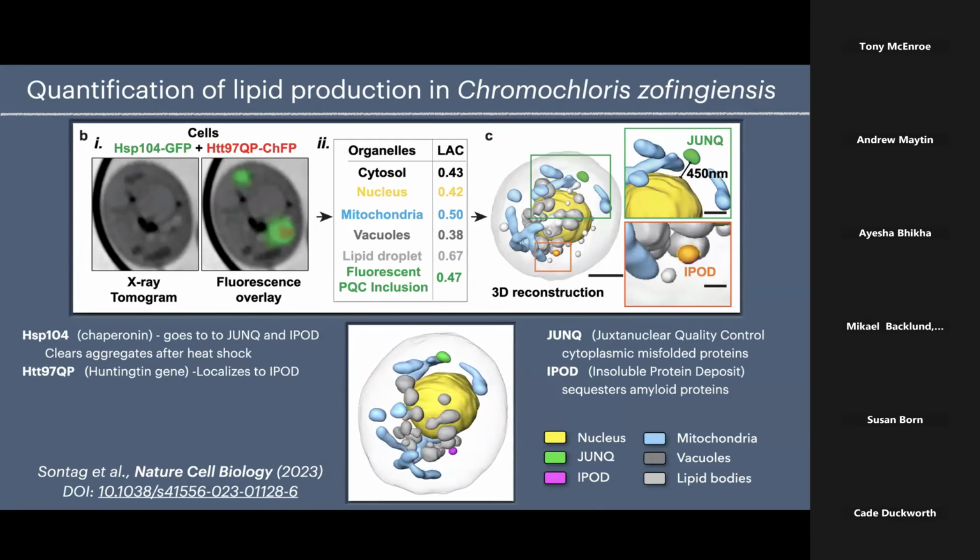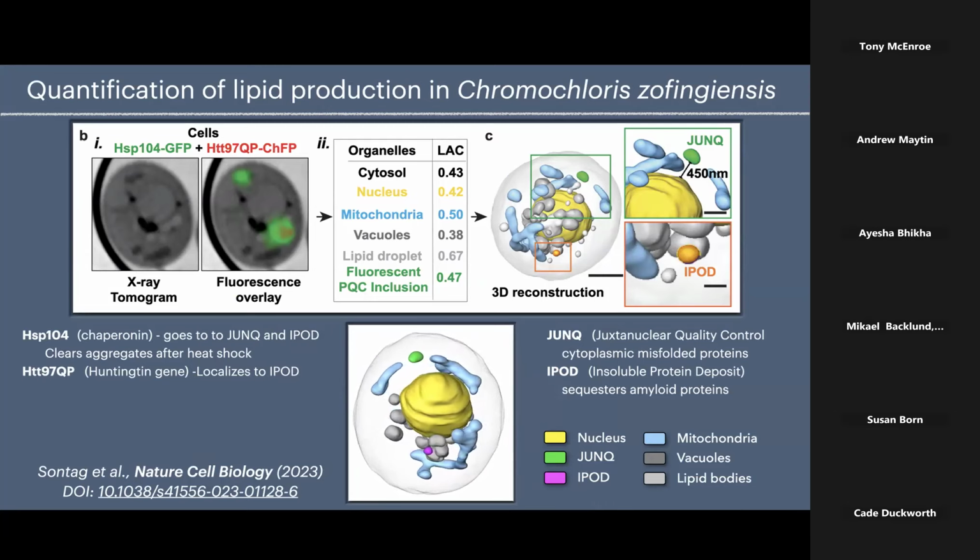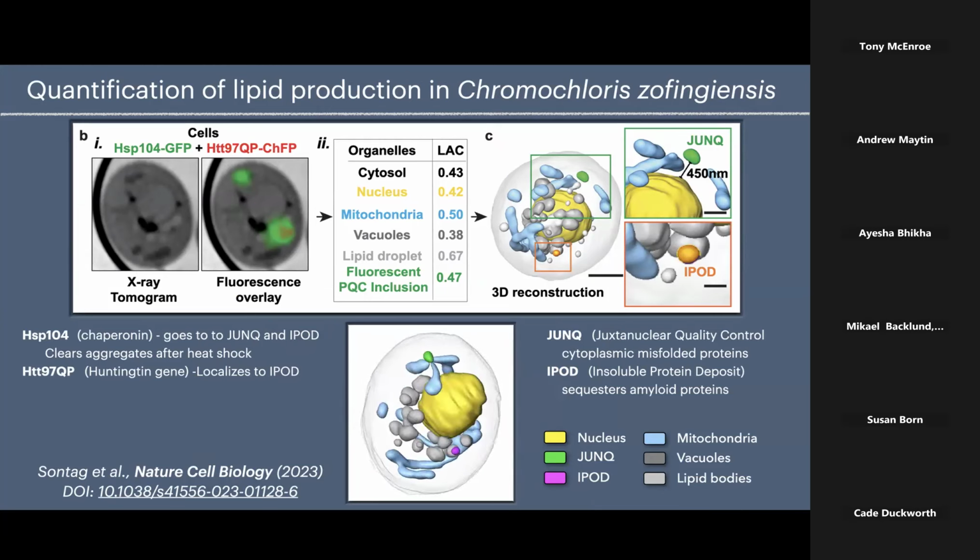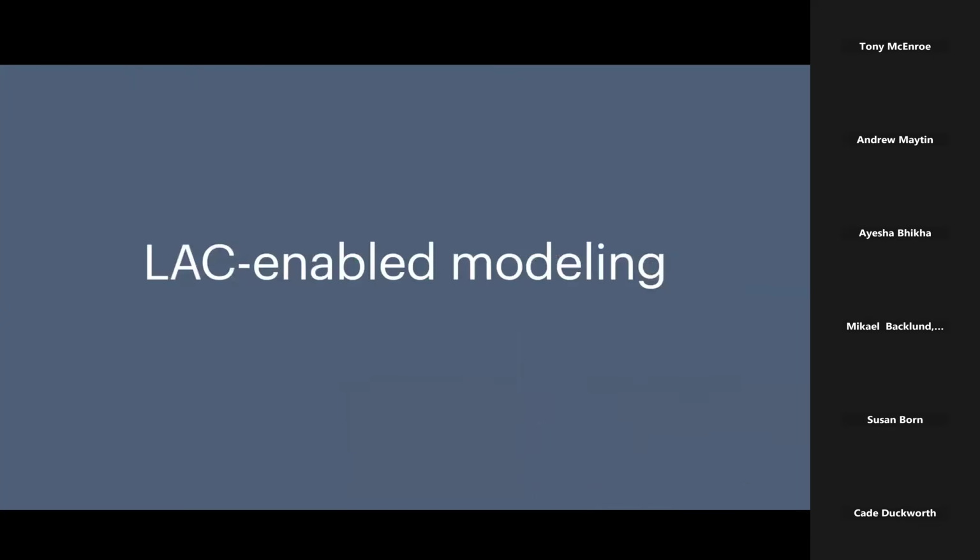And I don't know why that is, but this one is expressing some molecules that are known to form condensates in yeast, and they're involved with collecting the junk in the cytoplasm, misfolded proteins. And what we were able to show is that they form condensates, nuclear condensates too. Very quick tour through that, but I wanted to get to some LAC-enabled modeling, because this is what we could do